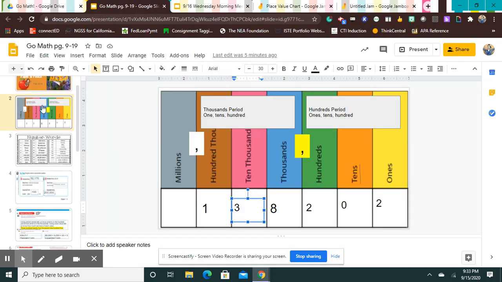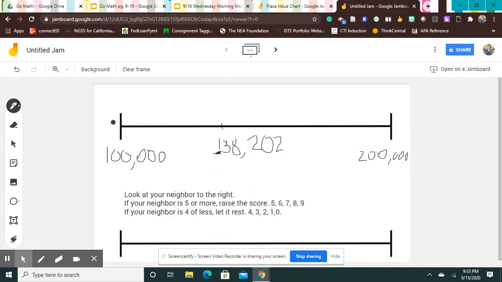So that 100,000 right here, 100,000. When we round, we're not going to raise the score. We're rounding to the nearest 100,000. Our neighbor is too small to bump us over here to 200,000. So we had to look at the 10,000s place. But that number is not big enough to raise the score to go to the 200,000. So we have to rest. So our number of 138,202 rounded to the nearest 100,000 is